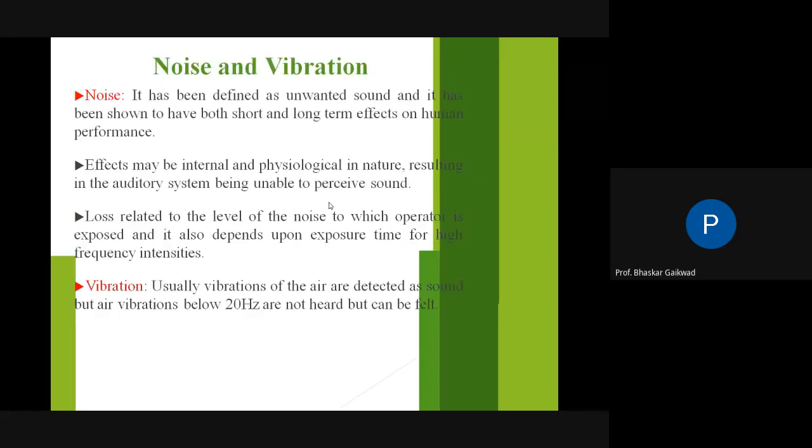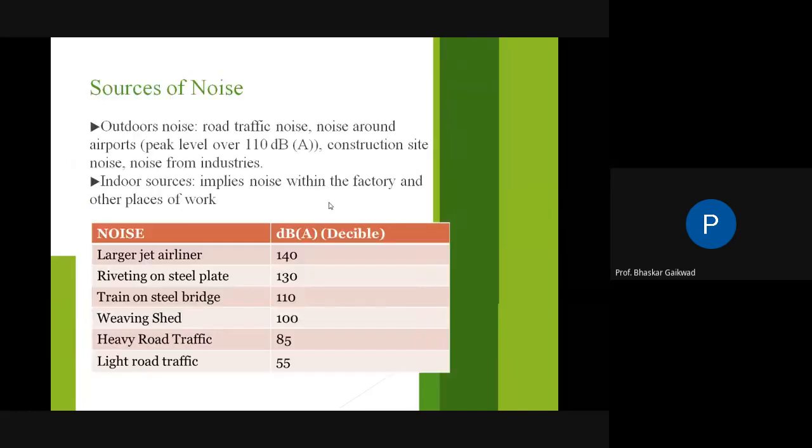Noise and vibration: if you do not control noise and vibration, the mental situation of that person will become weak. Sometimes he will become depressed and not able to listen to anything. So as much as possible, you have to design each and every instrument such that noise and vibration are not there. Around 80 decibel sound is actually required in the working condition, as given in our